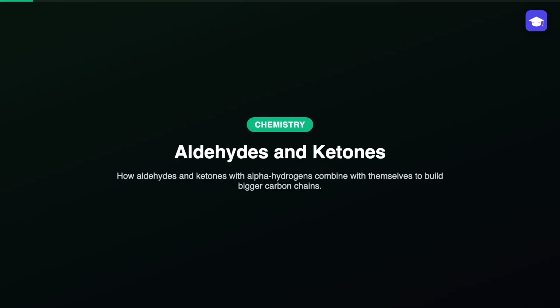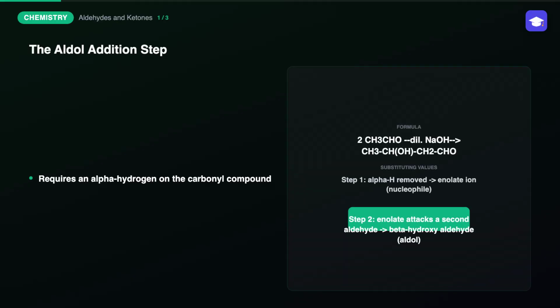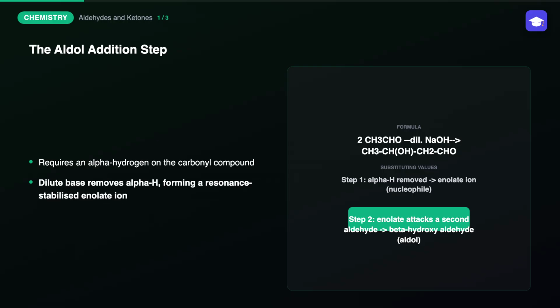Today's topic is aldol condensation, one of the most important carbon-carbon bond forming reactions in the entire aldehydes and ketones chapter. Let's begin. Aldol condensation genuinely requires the carbonyl compound to have at least one alpha hydrogen, a hydrogen atom on the carbon directly next to the carbonyl group, since this specific hydrogen is what actually gets removed in the